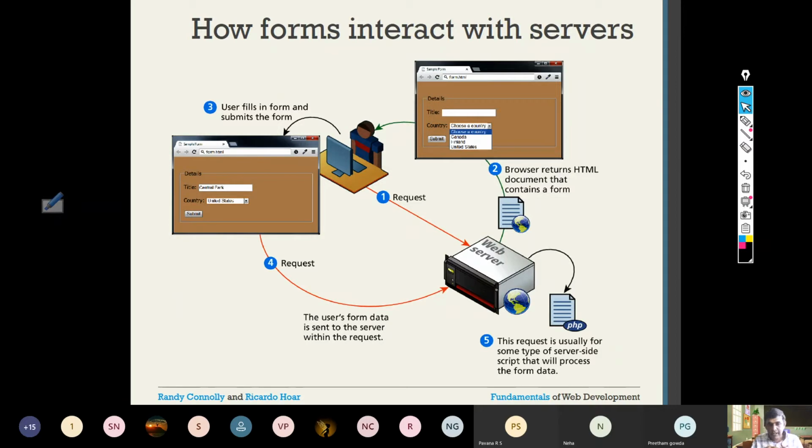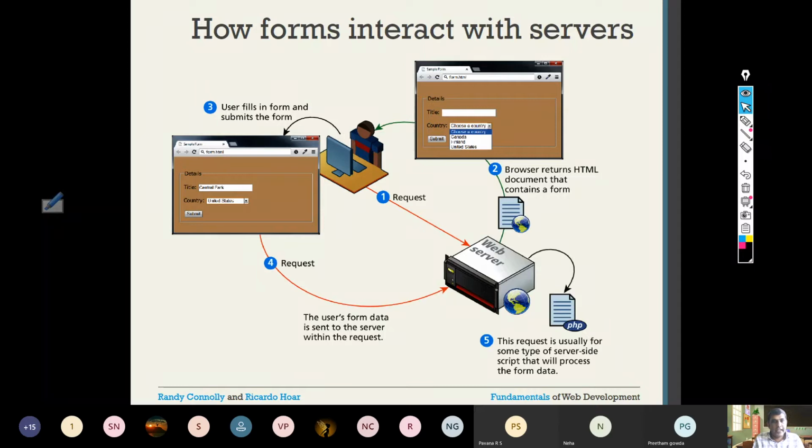Then it will format it. For example, your result may be in the form of a table. The results that it fetched from the MySQL database, it may convert to an HTML table, and that HTML table is sent to you, and the browser in the sixth step will display it. And you see the result in the form of a table. So these are the various steps that take place